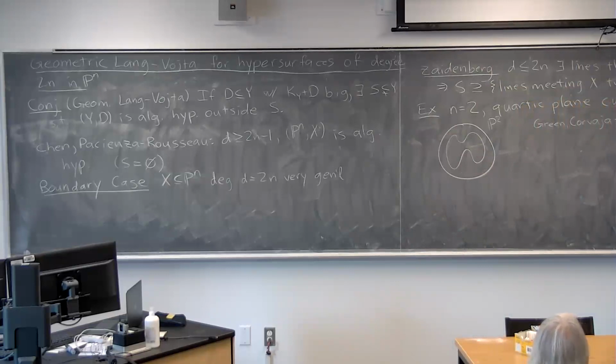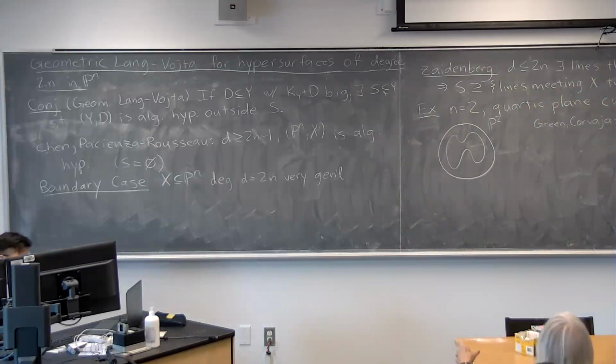The techniques they use are analytic, something like Nevanlinna theory, where it's better when you have more components, at least 3 components. So it's no longer for a very general quartic curve. You don't take a smooth quartic curve. You take a conic and 2 lines, or 4 lines in P^2. And you show that the complement of that is algebraically hyperbolic outside some exceptional settings.